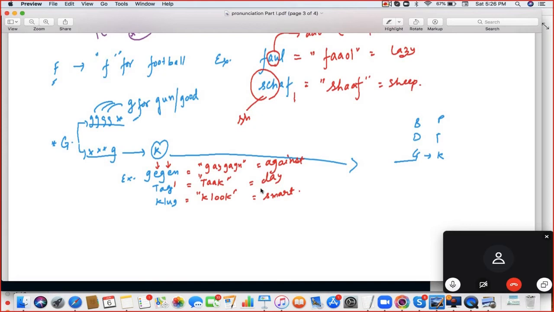Okay. Foul, staff, shaft. Now, SCH is shaft. Means in the C you said that